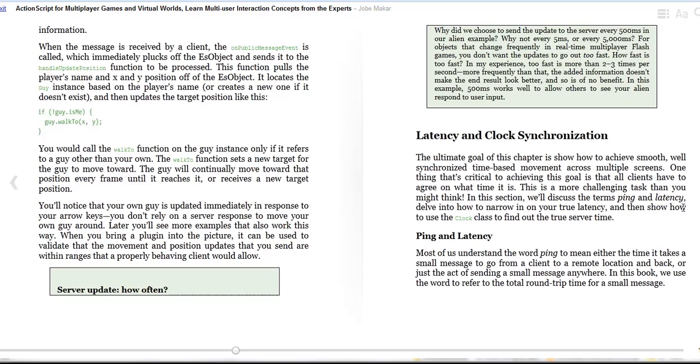So with this, we would have to start talking about two key ideas and two key terms: the ping and the latency. And then later on I'll show you the clock example, the clock class that achieves uniform synchronization on server